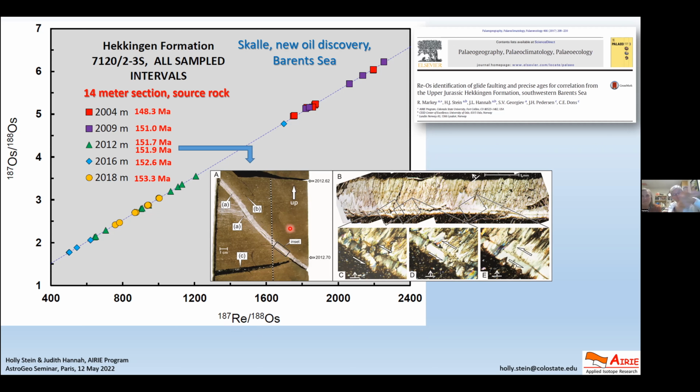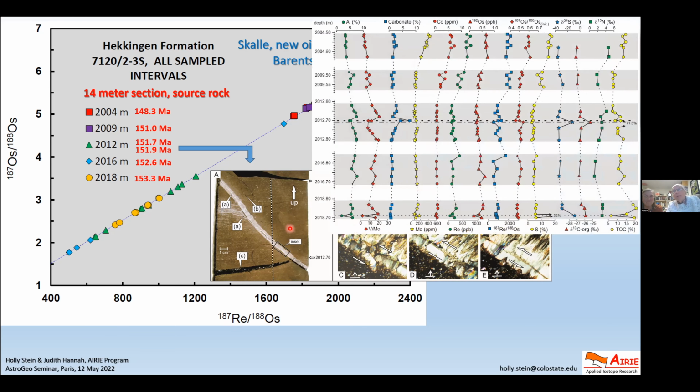And in the paper, you could read the details of how we straightened that out. Now, what else? As I said, we always pair the dating with some kind of trace metal chemistry. And it's really, really important to do that. And we're now working a lot with mercury. And what you also find, each one of these, this is the 2018 piece of core, gap. This is the 2016 piece of core, gap, break. This is the 2012 piece of core.